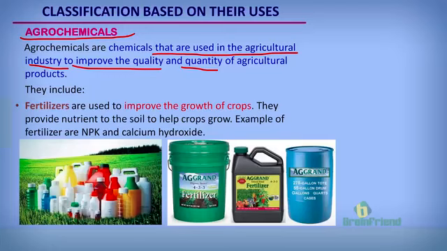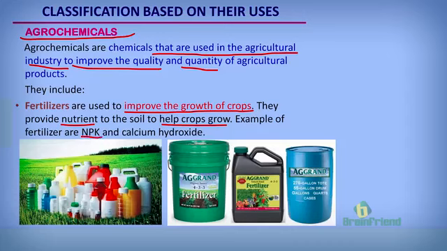Agrochemicals include various lists of chemicals. They include fertilizers, pesticides, and hormones. Fertilizers are chemicals that are used to improve the growth of crops. We use fertilizers to improve the growth of our crops in the farm. Fertilizers provide nutrients to the soil and they help crops to grow properly. Examples of fertilizers are